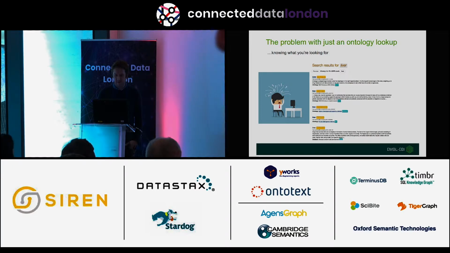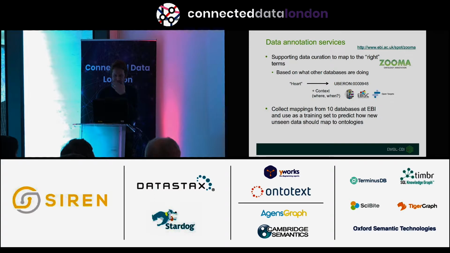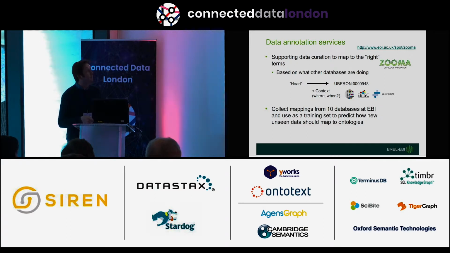So we thought about this for a while, and we thought, well, we need to start collecting how these ontology terms are used so that we can then prioritize and actually give the user an informed result and say, actually, these 5 databases are using this concept, so if you use this one, then you're going to be aligned. So this is really what the Zooma Knowledgebase does for us.